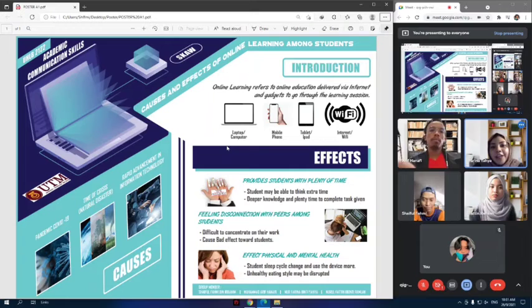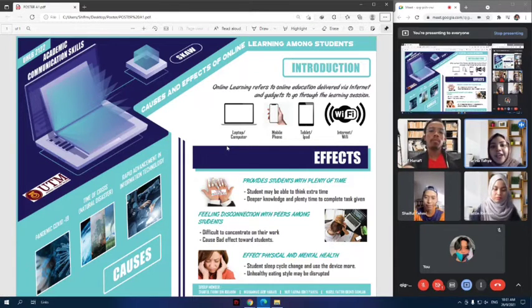Okay, thank you, Saiful. So let's go through one by one the effects of online learning towards students. The first one is that it provides students plenty of time. Students are able to think extra, which means they have plenty of time to finish the task. With more time for online courses, students may think more critically and reflectively. It can be more effective if the student uses this opportunity to better understand the task or subject given. And the next one is